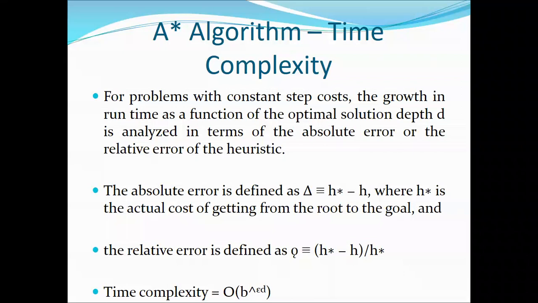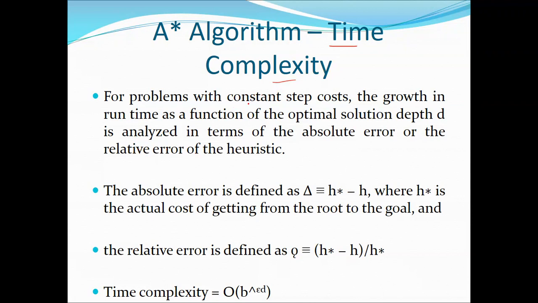We will be discussing slightly about the time complexity of the A-star algorithm. Actually, the A-star algorithm suffers with both time complexity and space complexity. It is complete, it is optimal, and it is optimally efficient, right? All these three things are there, but still it suffers with time complexity and space complexity. Again, space complexity is a bigger problem than time complexity. But this slide will be discussing something about the time complexity.